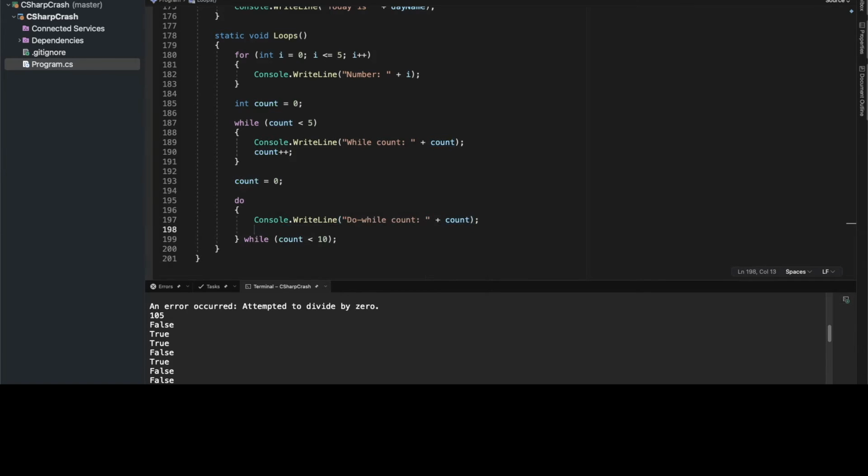And let's not forget, guys, to also increment our count, because if we don't, we're going to have an infinite loop situation, and then it will be hard to continue running this code. So let's go ahead and run that and see what we get. So after running that, as you can see,